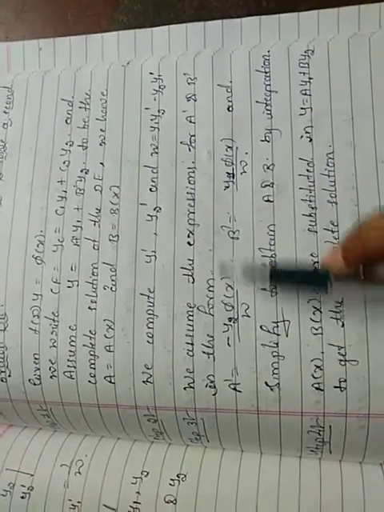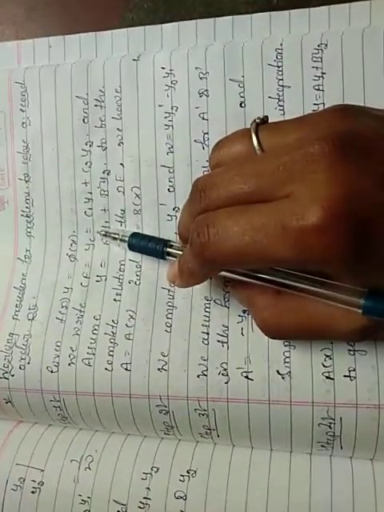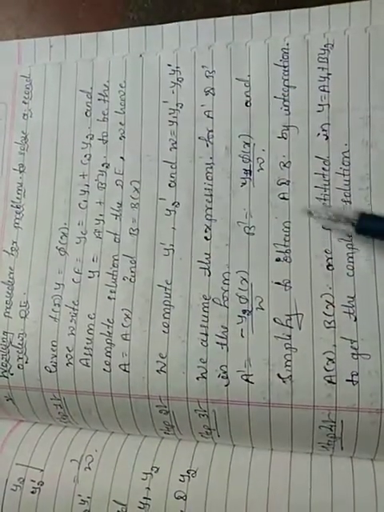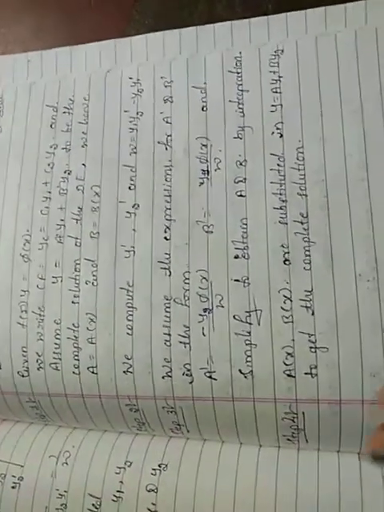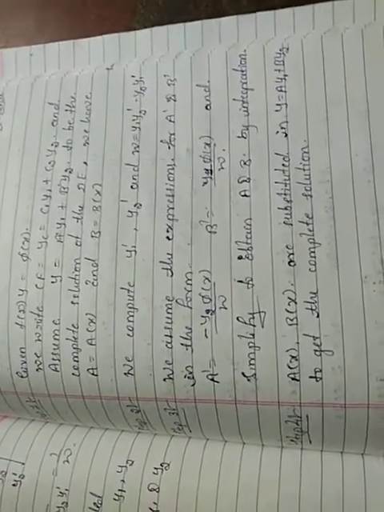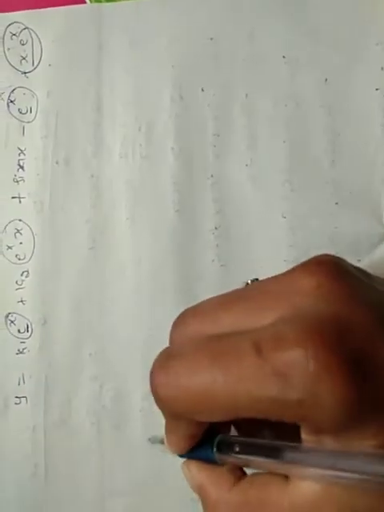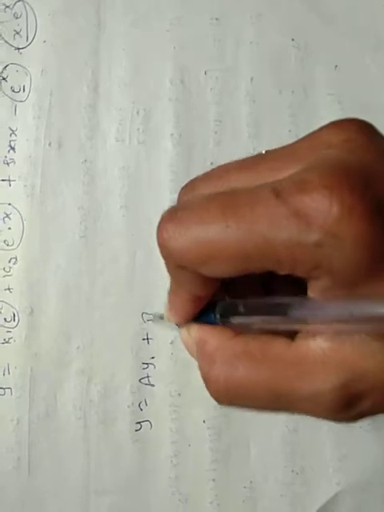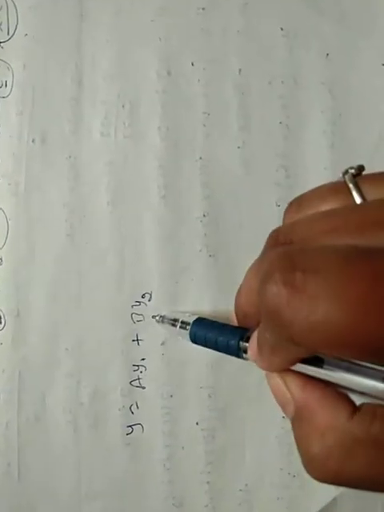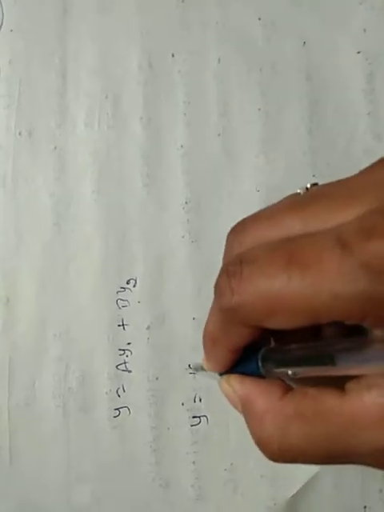After finding A and B, we substitute A and B in the equation for y. By substituting these A and B in the equation y, we get the complete solution of the given equation. You just have to remember one thing: after substituting A and B and making all the simplifications, for example, suppose y equal to A y1 plus B y2, and you substitute A and B, and after all the simplifications, suppose you get y equal to